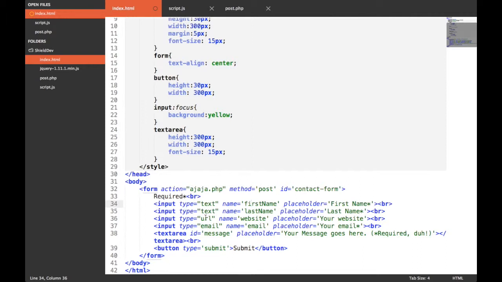And the website will have the type of URL, so it gives us basic front-end validation. And it will have a placeholder of your website and the name of website. And the last input type will be email, so it gives us some basic email validation, and the name will be email, and the placeholder will be your email, which is required because who doesn't have an email these days? Now, for the message I'm gonna use a textarea with an ID of message, and the placeholder your message goes here, and this is obviously required,